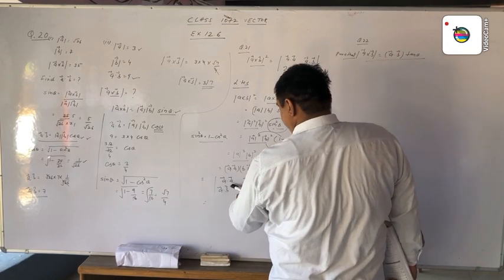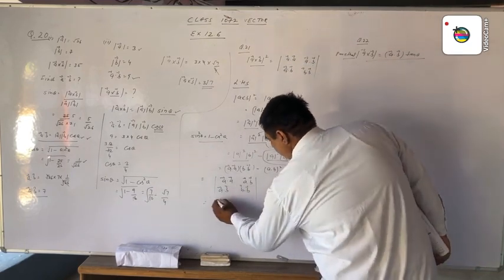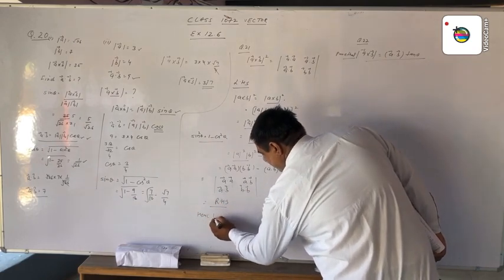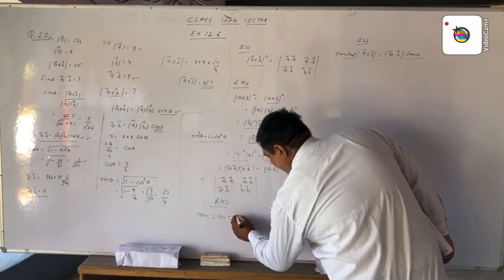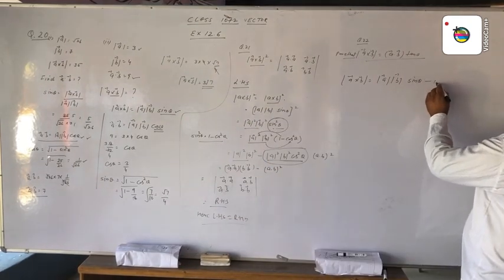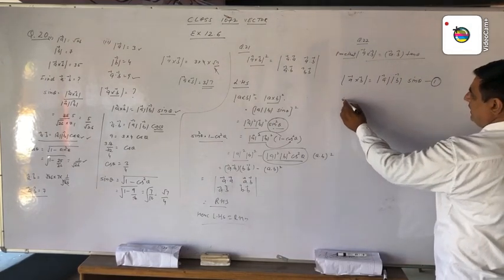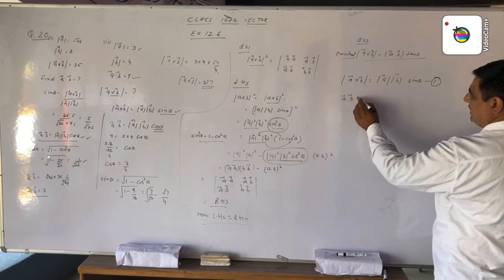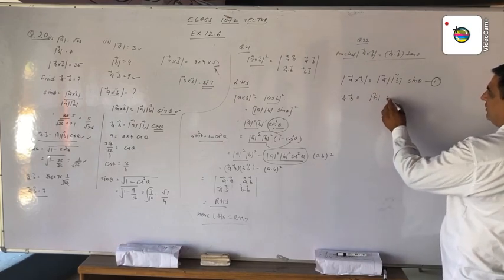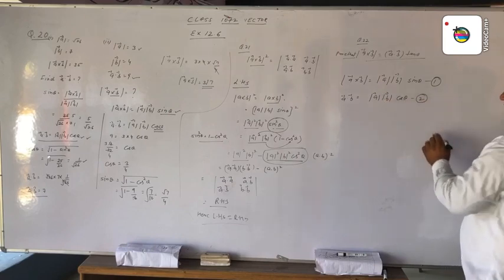Now we get vector a cross multiply this, we get this result equal to RHS. Hence LHS is equal to RHS, magnitude into sine theta. This is equation number first. In equation number second, vector a dot vector b, we find this condition: vector a dot vector b is equal to magnitude of vector a into magnitude of vector b into cos theta. This is the second condition.